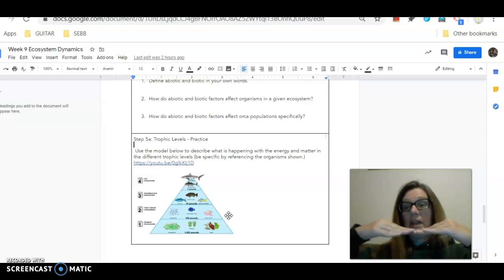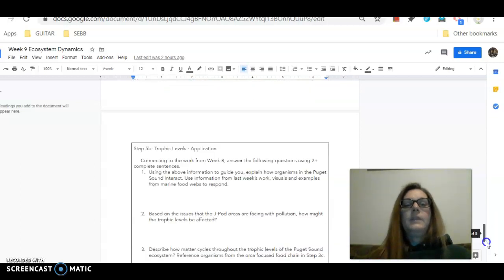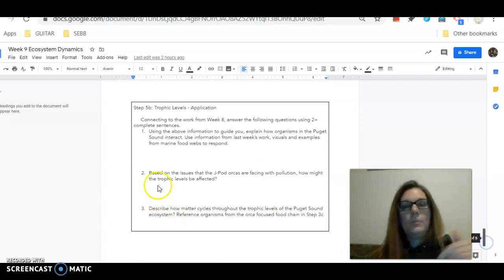So basically, you've got plants, and then what's happening to those plants? What's happening to that which ate the plant and got the energy? And then you're just kind of moving up it. So it's just having that understanding about what's happening up these different trophic levels. Then the last piece, you are just going to culminate your learning with some application questions.